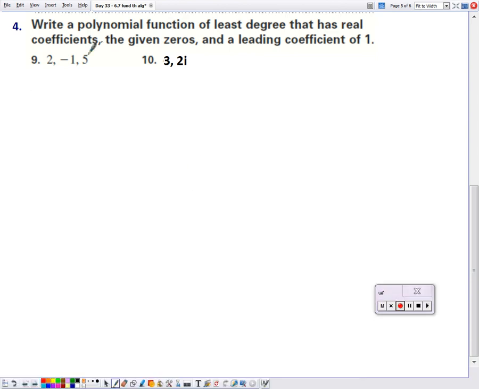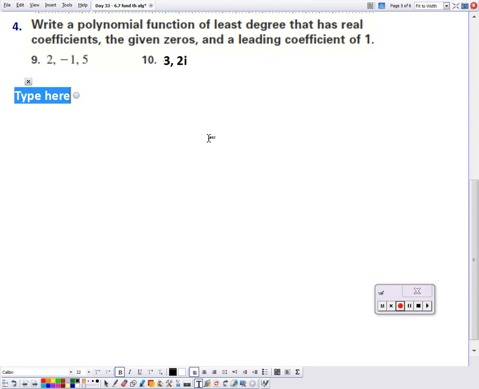Okay, so for number 9, I don't know why that little 4 is there, but that's okay. For number 9, what you should start off by doing is saying f of x equals 1 times x minus 2 times x plus 1 times x minus 5. Because again, if k is a 0, x minus k is a factor. Then what you need to do is multiply together x minus 2 times x plus 1. And when you do that, you're going to get